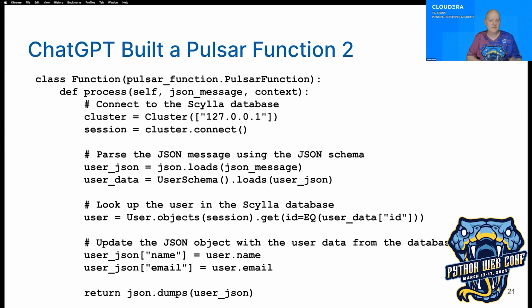So I get to self, get my message in, context like we showed before, connect to Scylla. You probably want a connection pool or some other way to connect it, but this works. So we connect, we parse the data that came back. We load it into my user schema. I get the value back from Scylla. I set those values in the schema, and then doing a return in this